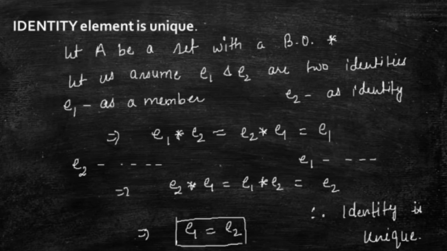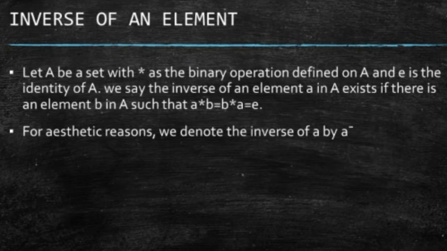After defining the identity element and showing that the identity is unique, I can now define an inverse of an element. In order to define an inverse of an element, we should have obviously a set with a binary operation, but we should have the identity of the set. This is important because the definition of inverse involves the identity. The set that does not have any identity cannot permit the existence of inverses.